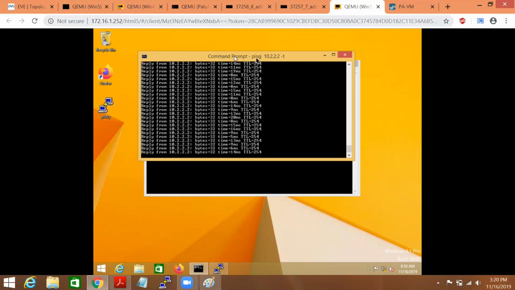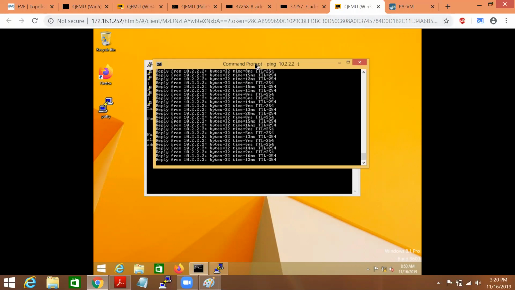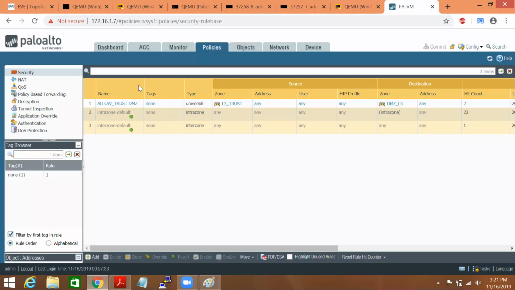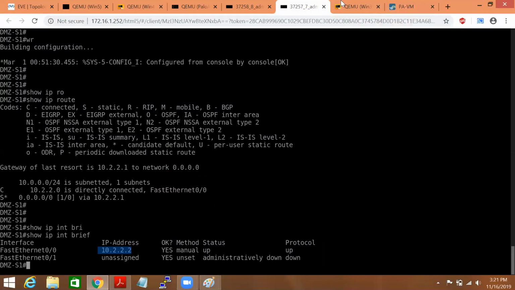Otherwise, we could directly configure these interfaces and try to understand layer 3, layer 2, and so on. I'm just making it simple. You have to think like that, because Palo Alto is a stateful device, so it maintains sessions. Even if I create a one-side policy, allowing only trust to DMZ, when the reply comes it just gets allowed based on the state table. The command I was showing you, show session table, is basically your state table.